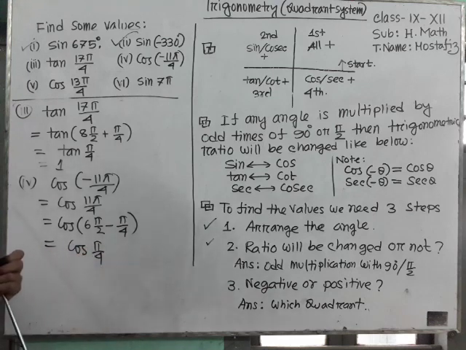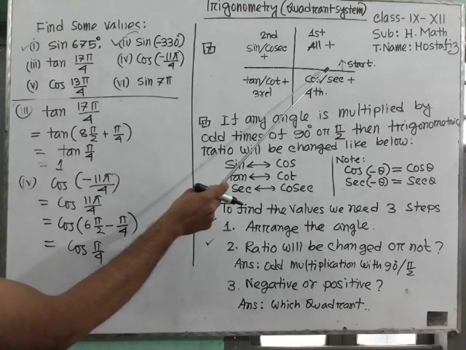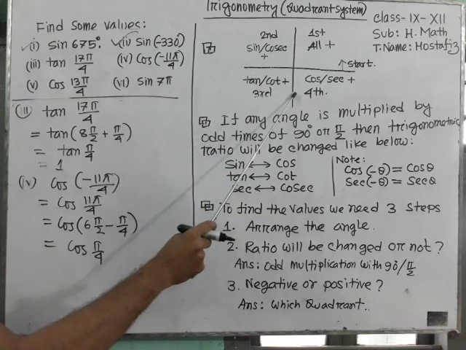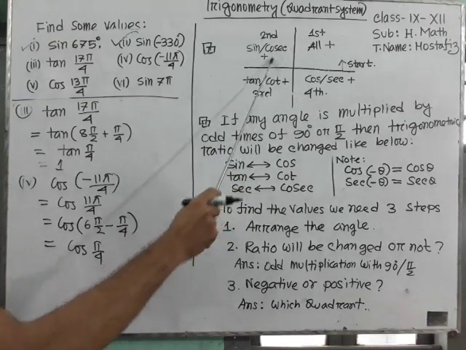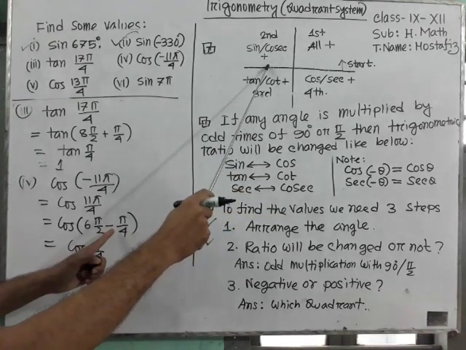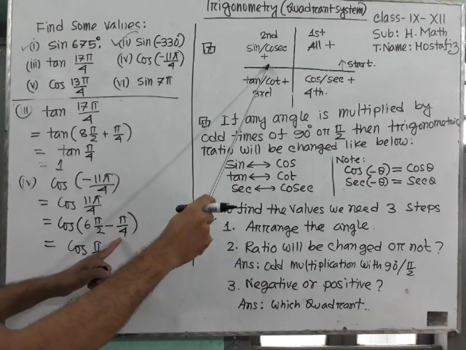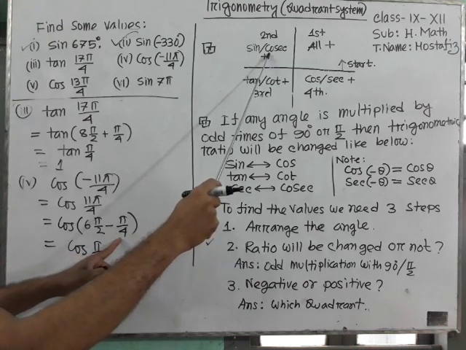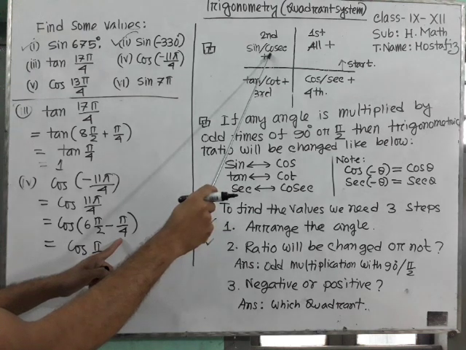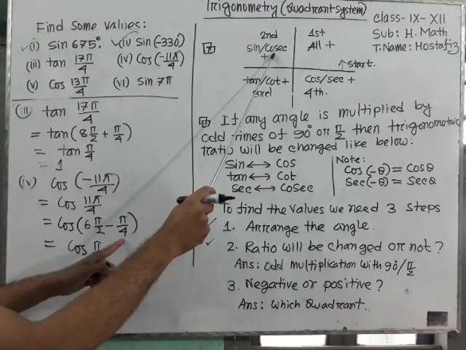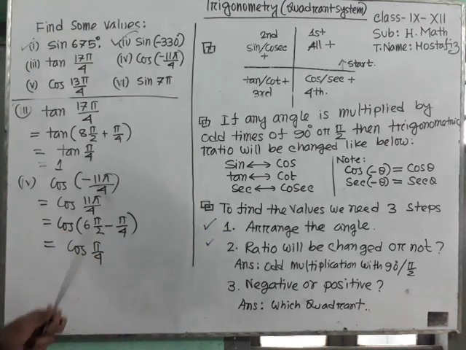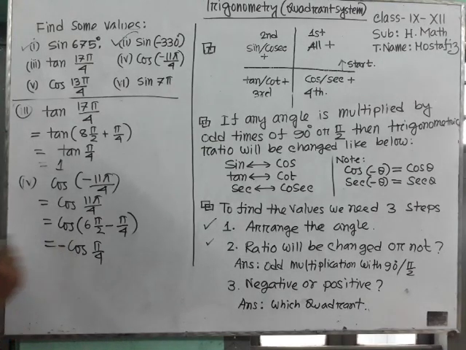Now come to the third question, whether it will be negative or positive. You have to count 6 pi by 2, that is 1, 2, 3, 4, 5, 6. But there is an extra minus pi by 4, so it will come back, that is, into the second quadrant. But in the second quadrant only sine and cosec are positive, so cos will be negative. So this is a minus. So cos pi by 4 will be minus 1 by root 2.